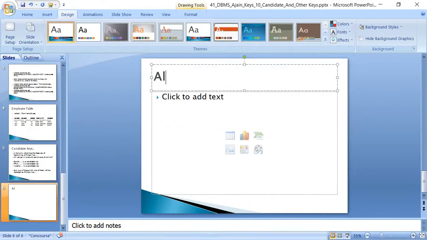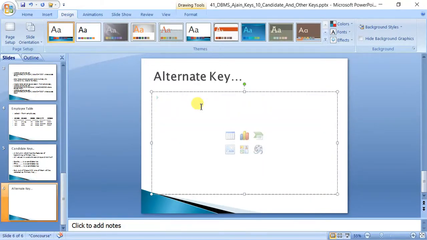Now comes the alternate key. So what is an alternate key?